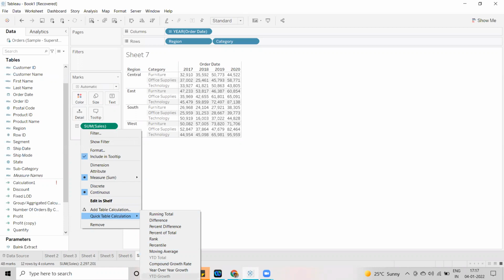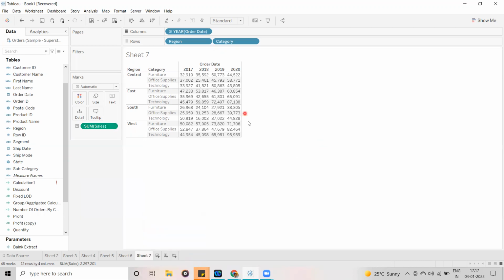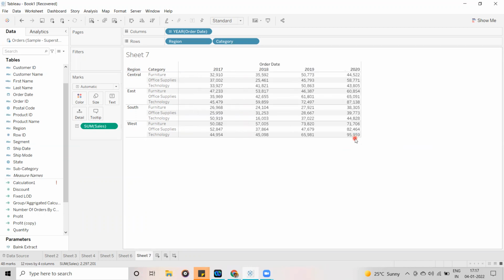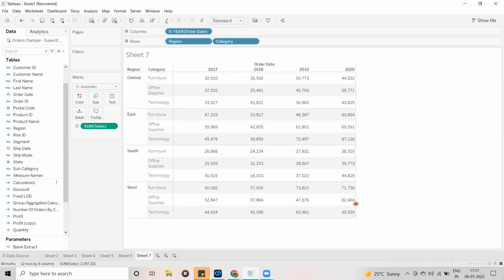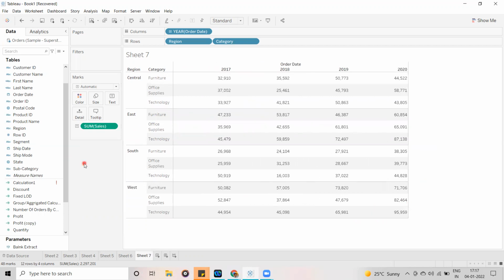For example, I am going to give the rank, so we can understand better. I want to display the values, and along with those values I want to display the rank. So if I want to display the sum of sales two times, I have to duplicate the field. Now I am going to duplicate the field.